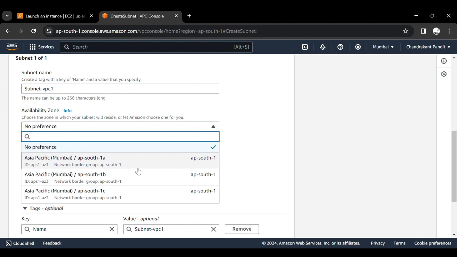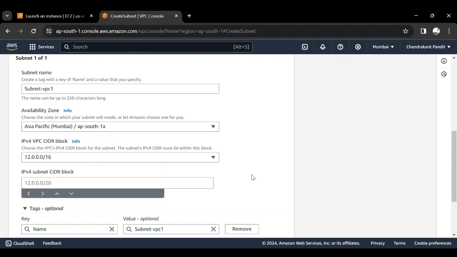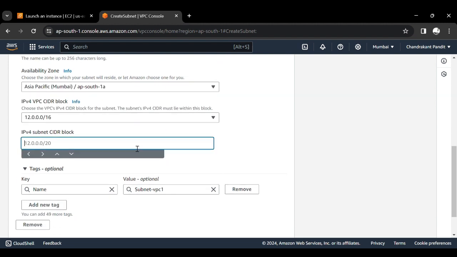So I'm going to select this ap-south-1 availability zone for this subnet, and this is your entire network actually, and this network you have to break down. So let's create a subnet out of that